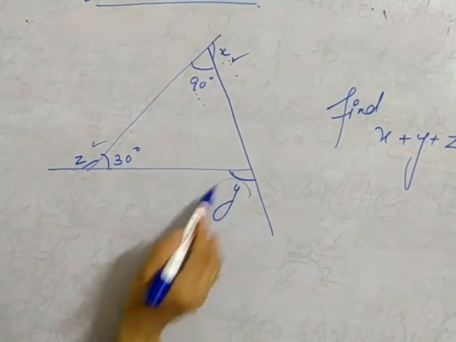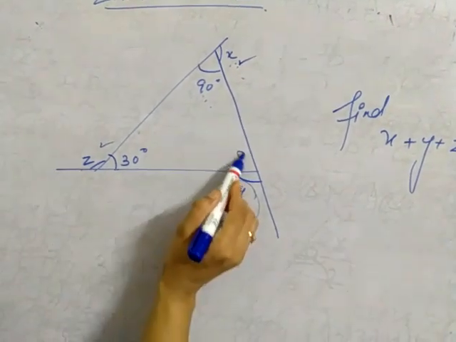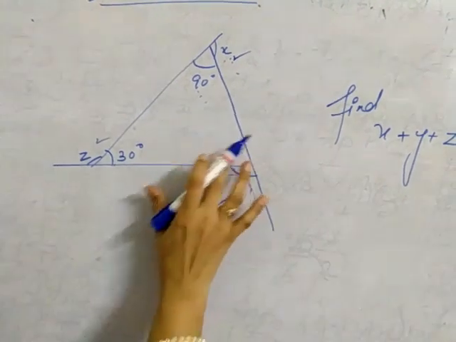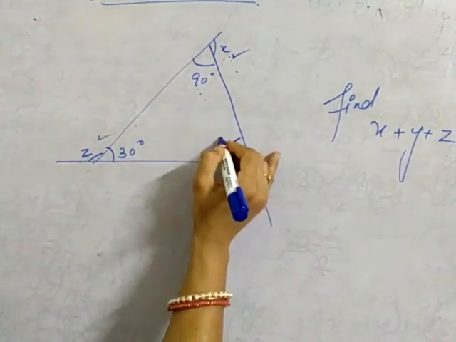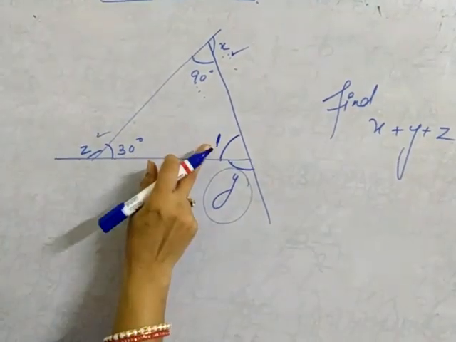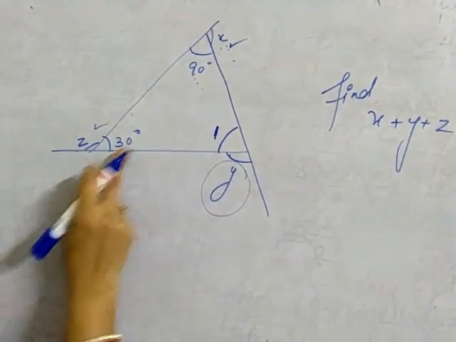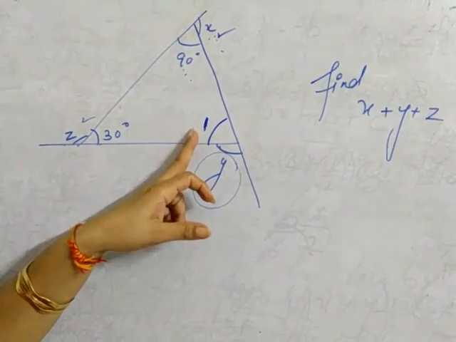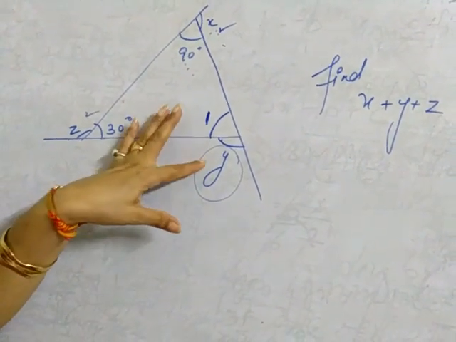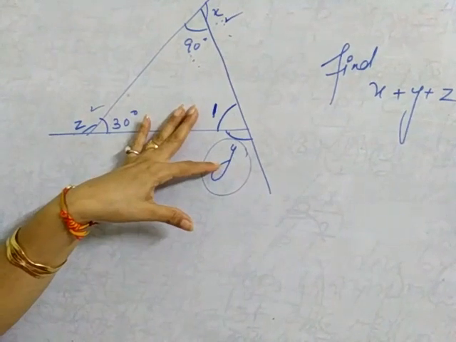So how can we calculate y now? This angle is not there, so you can give it a name as angle. It can be calculated in two ways. So if you give it as angle 1, now 1 plus 90 plus 30, interior angles, that is ASP of a triangle. First of all, you calculate angle 1 and then you can calculate by linear pair.